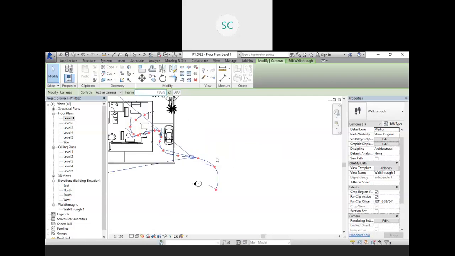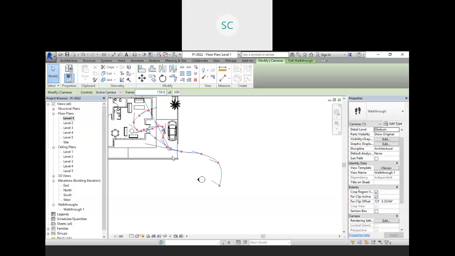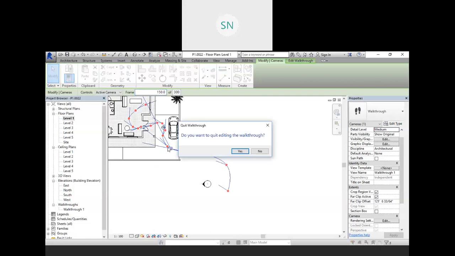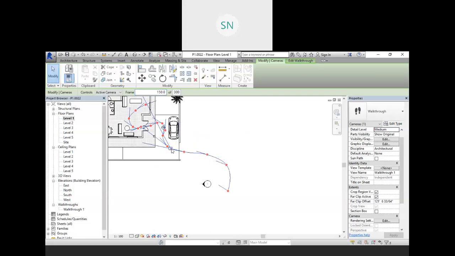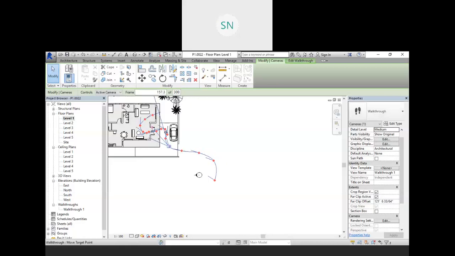So this is also fine in direction. Then 150. Okay, at this point now I will start looking from this side at this garden area. So just select the nearest key point and view it in this direction.